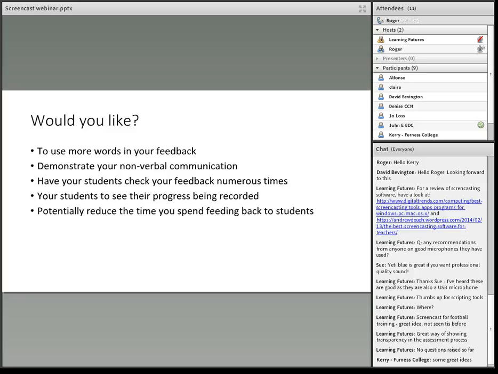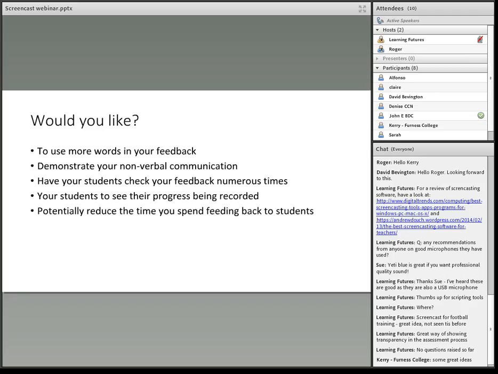So potentially, and I stress the word potentially, would you like to use more words in your video feedback? Demonstrate the non-verbal communication. So that would be if the webcam's turned on. I'm really conscious I'm sat in my darkened room, and my hands are waving about, and you obviously can't see that. And your learners won't be able to see anything you do when you're just typing. But with the use of the webcam, some of our staff are starting to use it. Can they see the smiles?